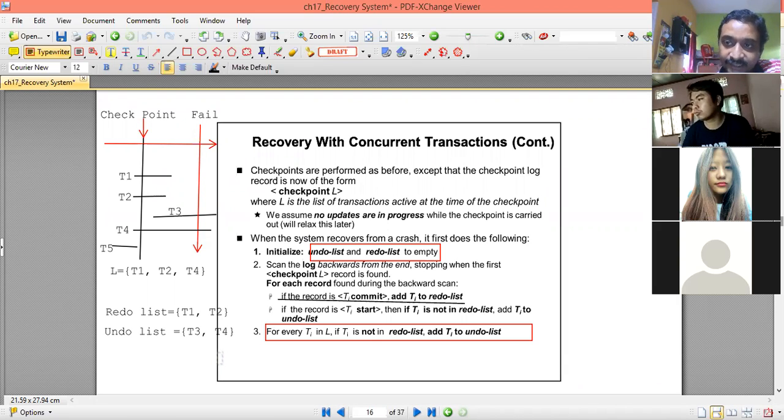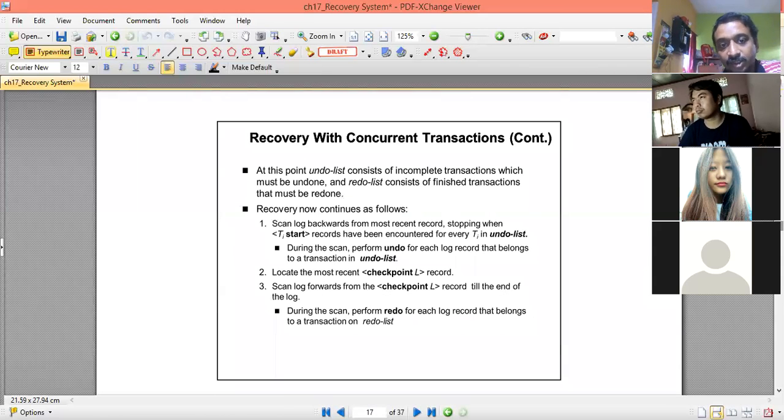With this example, we have discussed concurrently executing transactions. For concurrently executing transactions, what should be the recovery mechanisms? Recovery with concurrent transactions: the undo list consists of incomplete transactions which must be undone, and the redo list consists of finished transactions that must be redone.